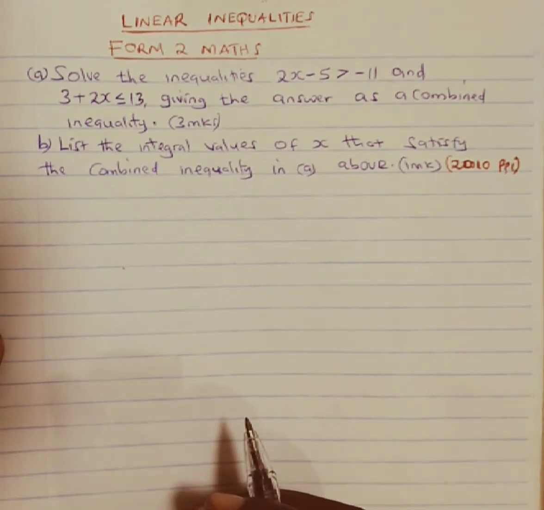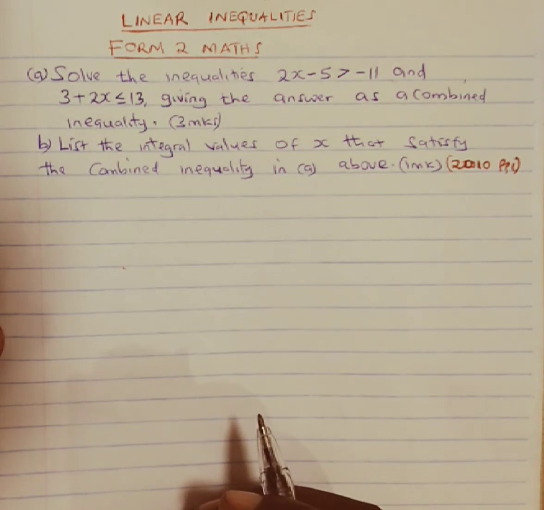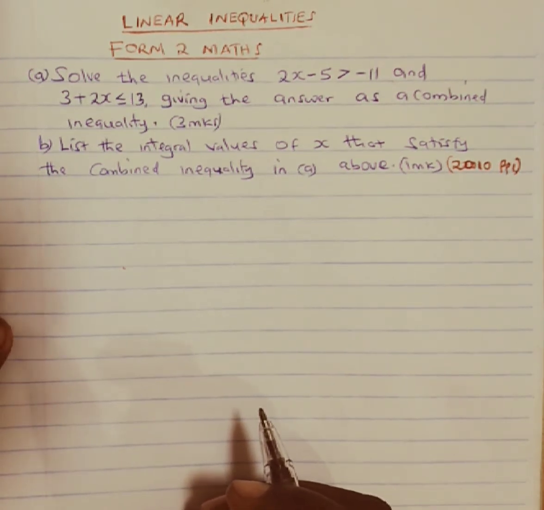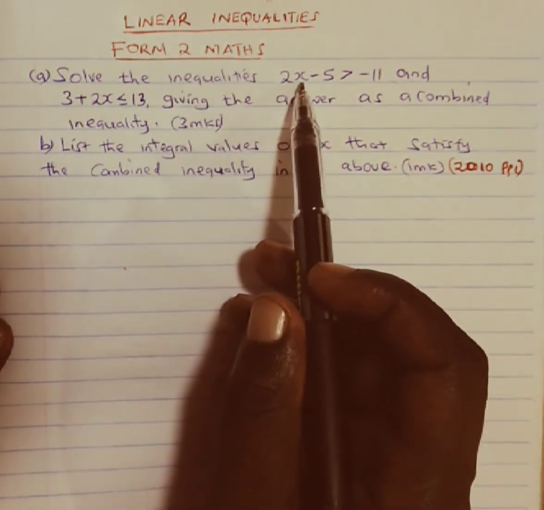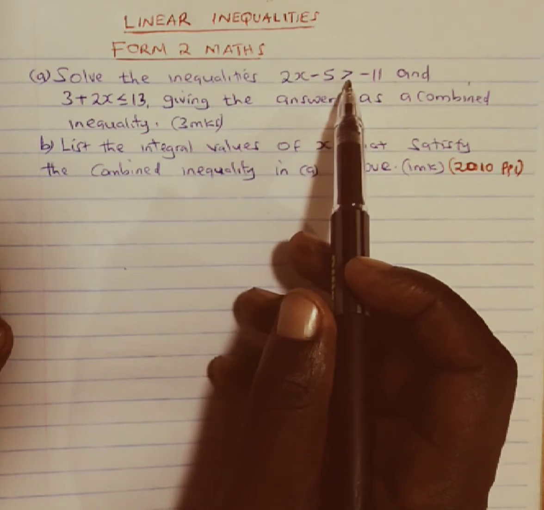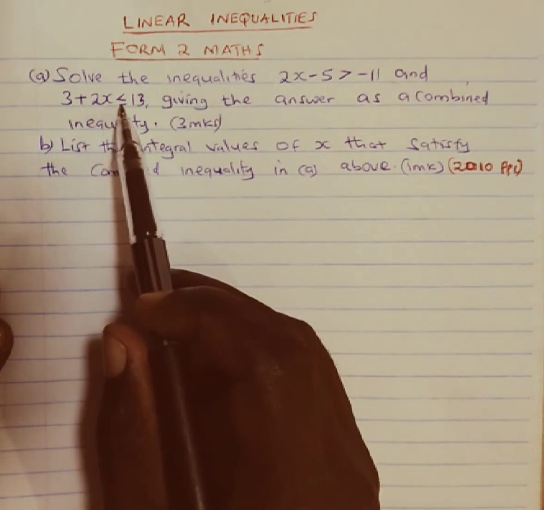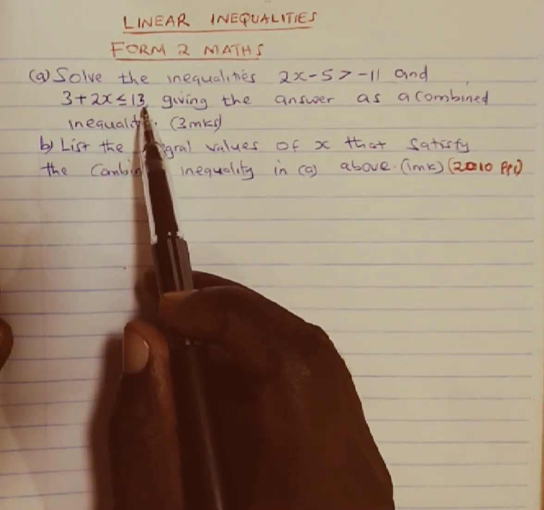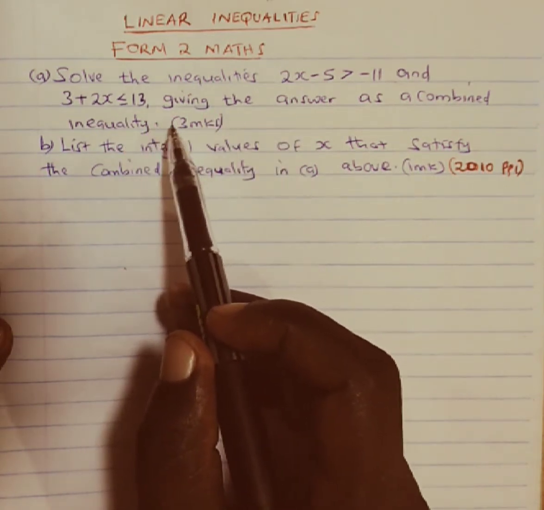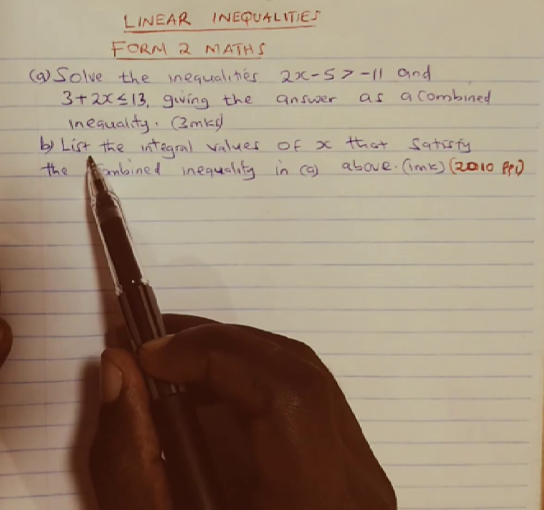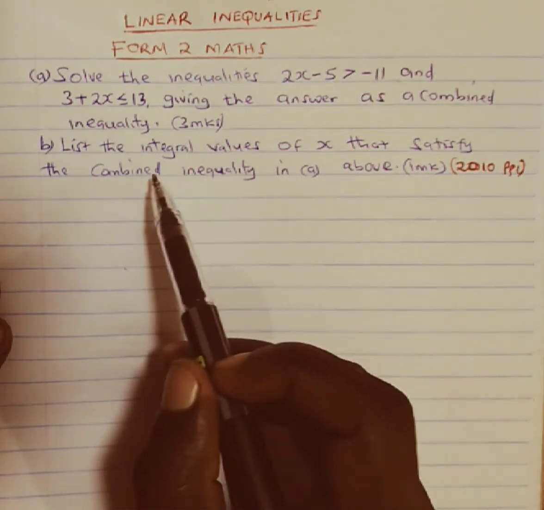Today we are going to go through Form 2 Mathematics under linear inequalities. The question we have reads: solve the inequalities 2x minus 5 is greater than negative 11 and 3 plus 2x is less than or equal to 13, giving the answer as a combined inequality. Then part B of the question, you are supposed to